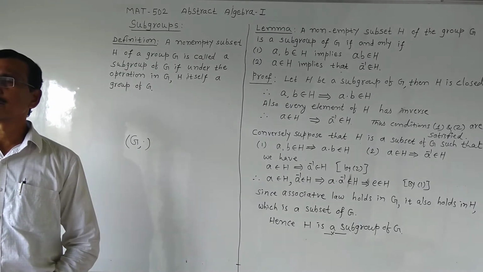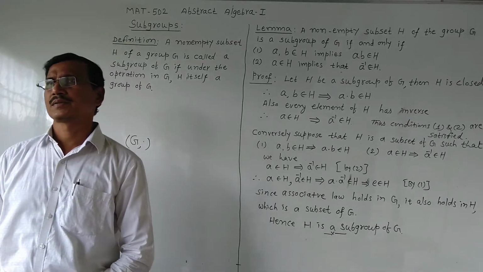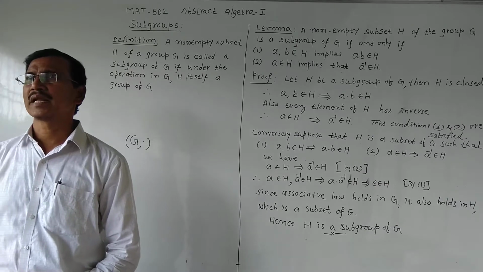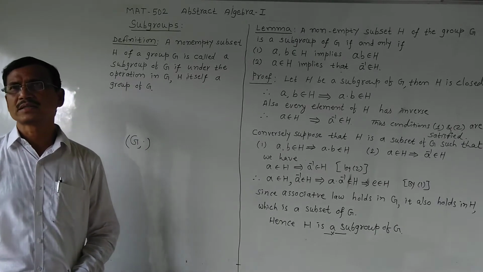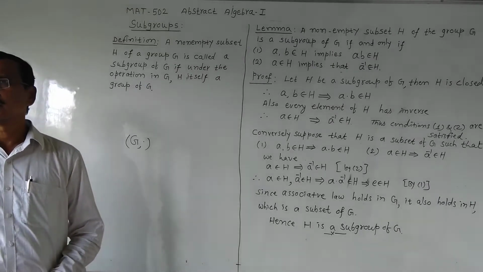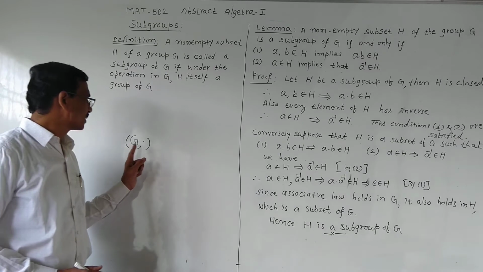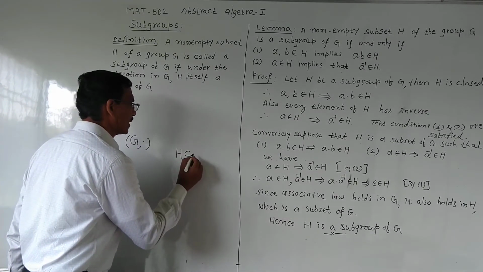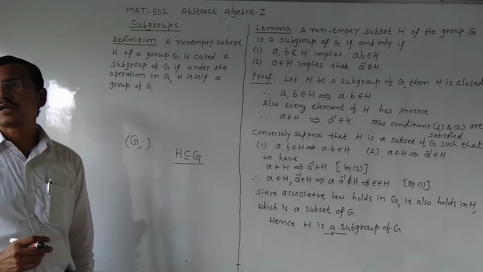Already I have told you that dot is a binary operation. It is a notation to denote the binary operation. That's why it is not our usual multiplication. It may be addition, union, intersection, like that. Okay? If (G, ·) is a group and H is any non-empty subset